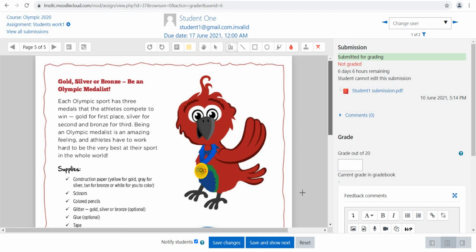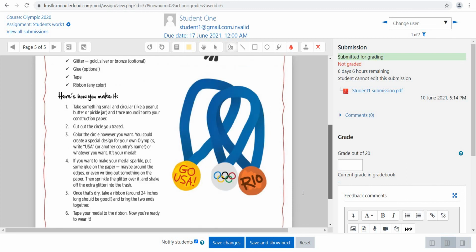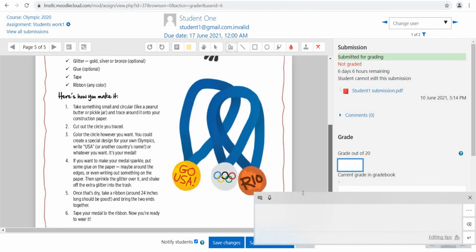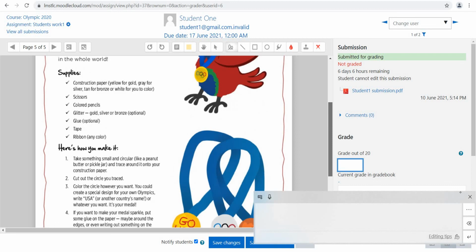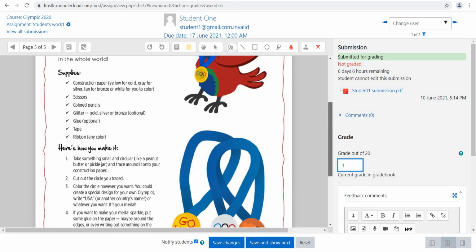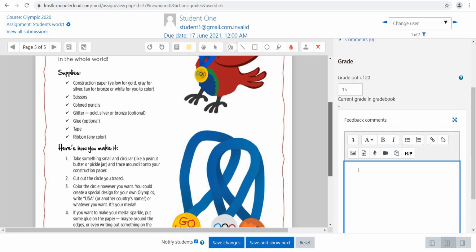Once the assignment is evaluated, the grade we have to provide here in this box. In the grade box we have to provide the marks. Suppose the marks awarded is 15, and if you want to provide any feedback to the student, we can write in this feedback comments box. Nicely done.